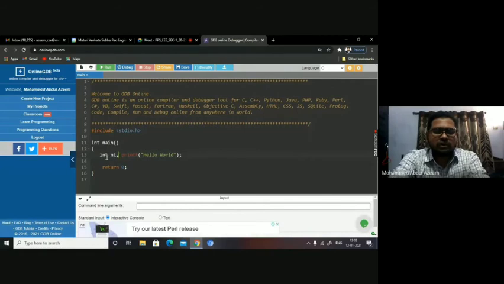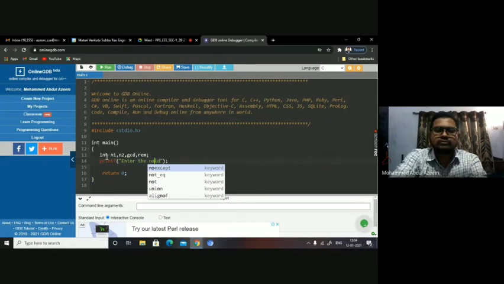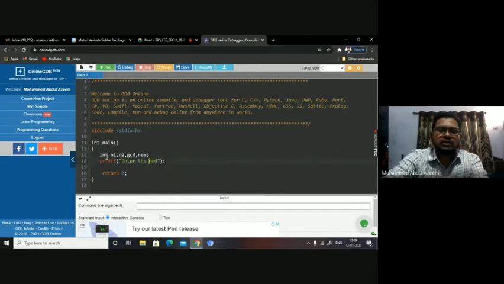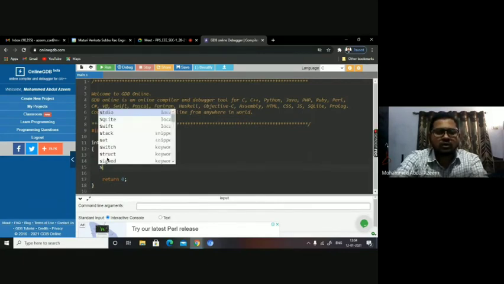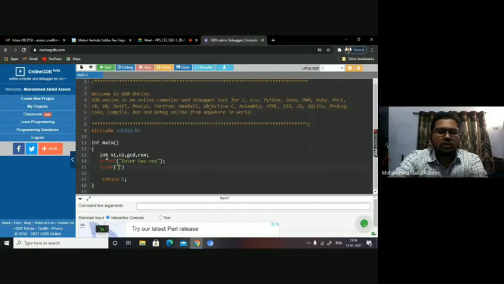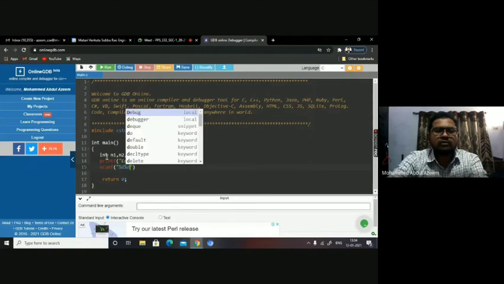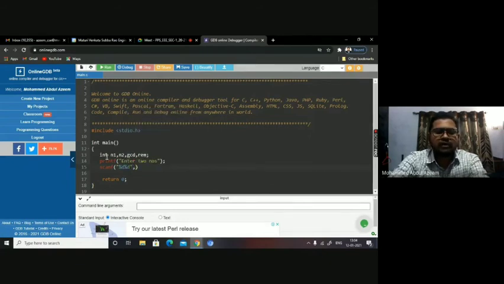int n1, n2, gcd, rem. Enter the two numbers, right? printf enter two numbers, then scanf percentage d, ampersand n1, ampersand n2.